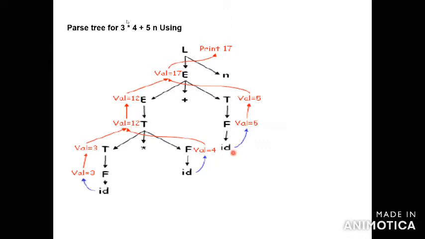Okay. Then similarly you can check for the next digit, which is 5. So the highest precedence is calculated first based on the given production rules. Then what is the next thing? The 5 is a digit. So the digit will be changed to F, then F will be changed to T. So T dot value will be equal to 5. You can check, this is the production: 3 into 4 will be equal to E, and 5 is T.